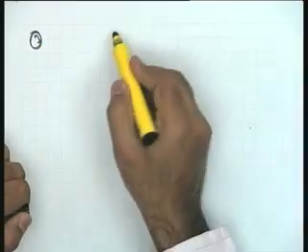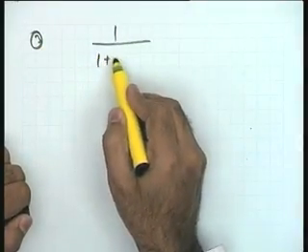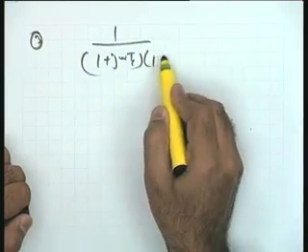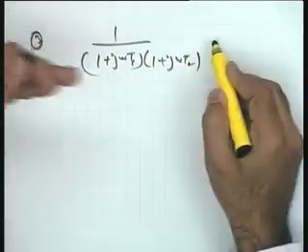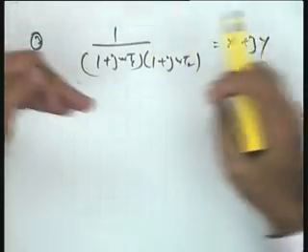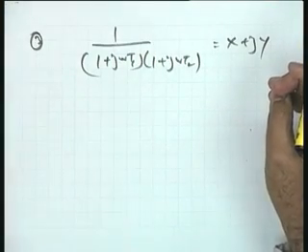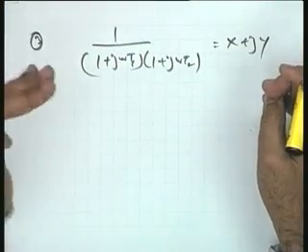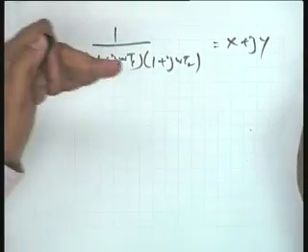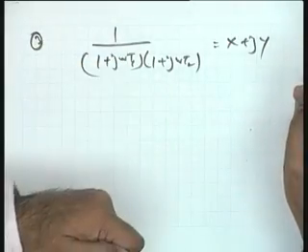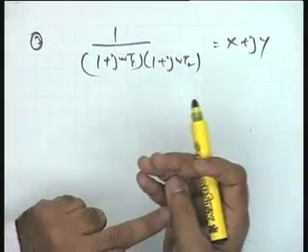The third point I have to take is intersection with the real and imaginary axis. You may take a different method, but I find that converting this into x plus jy type of vector gives me this answer very quickly. I will set the imaginary part equal to 0 to find the intersection with the real axis, and then the magnitude will also immediately follow. I will set the real part equal to 0 to find the intersection with the imaginary axis. That way the frequencies at which the intersections take place and the corresponding magnitudes will become available to me.